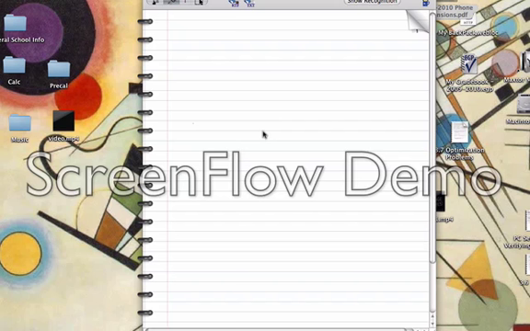Hello class. In today's lesson I'm going to show you an example of how to use fundamental identities to simplify trigonometric expressions. So I'm going to take a trigonometric expression from an exercise from chapter 5.1 on page 379. Problem number 41 is